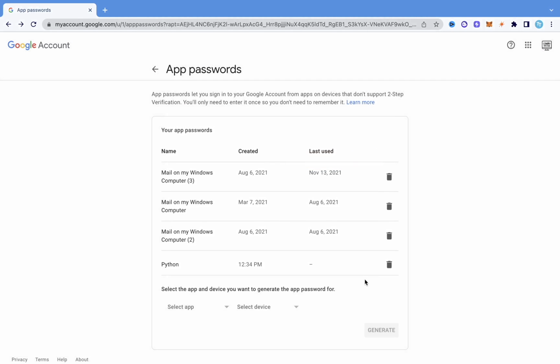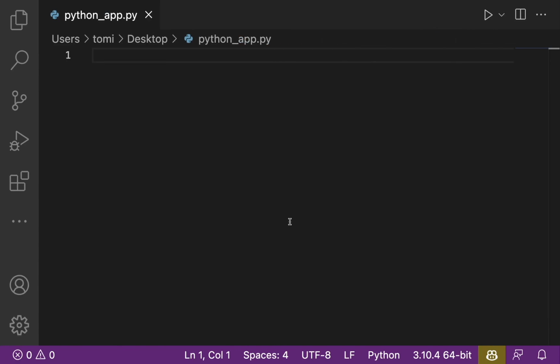So once you have that code copied, as you can see, it says created at this time, but it hasn't said when we last used it, because we haven't used that particular password. But once you have that done, that is good. Those two processes are already done. The next thing we want to do is to actually go into our file or go into our program and code this. So what we're going to do now is to come back in here, and